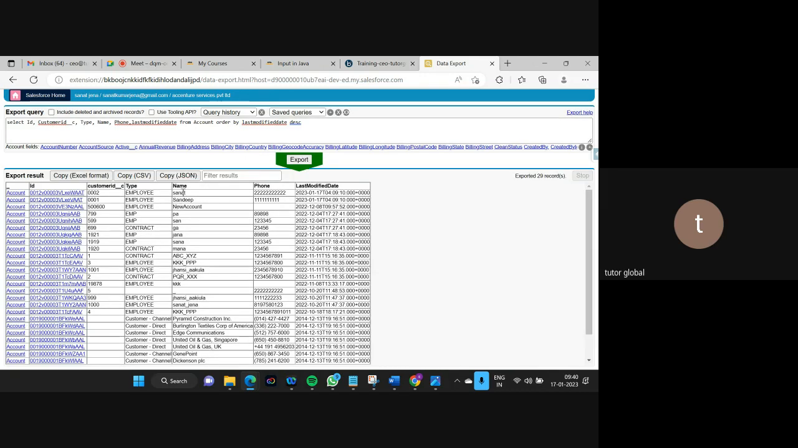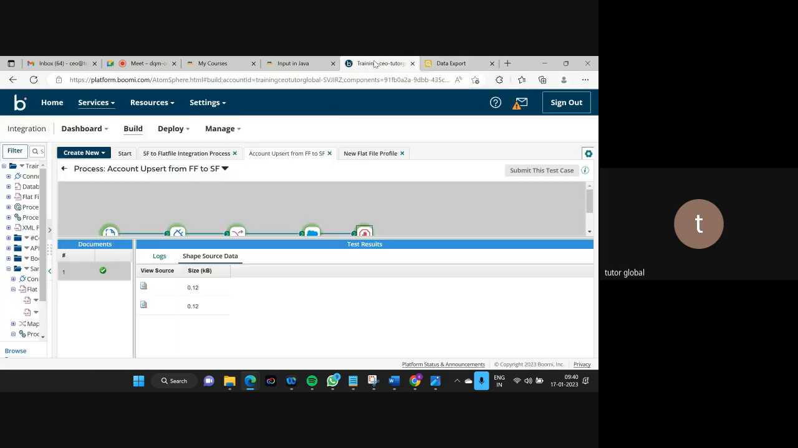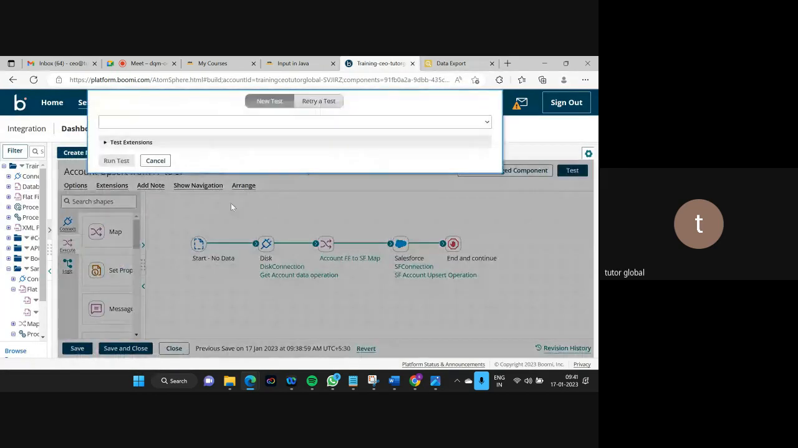Today's date, it's upsert. Why do I choose upsert? If I run this process, okay, if I run this process again,